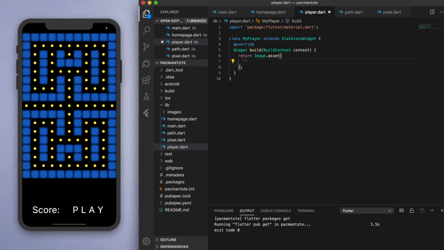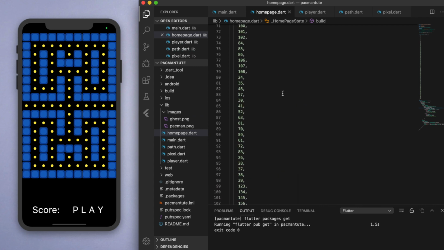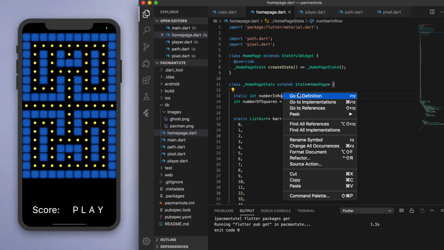Okay, so it was in the file name library images, and I called it Pacman.png. Okay, so I'm going to save that, come to the home page, and whoops,